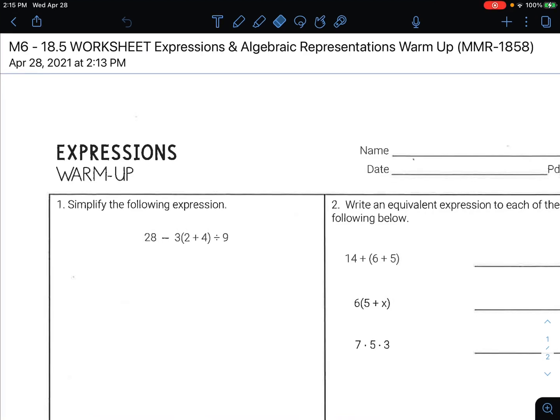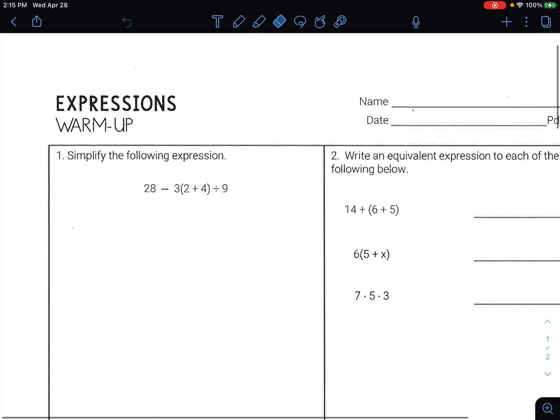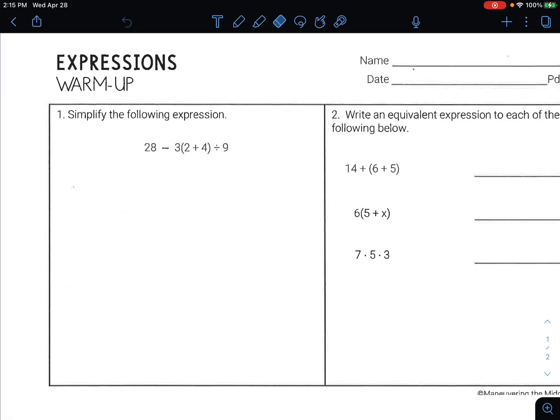In this video, we're going to go over the warm-up for expressions and algebraic representations. Let's begin. So they want us to simplify this first one. This is just PEMDAS. So if you remember